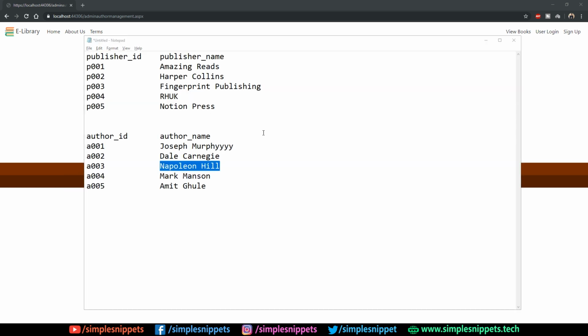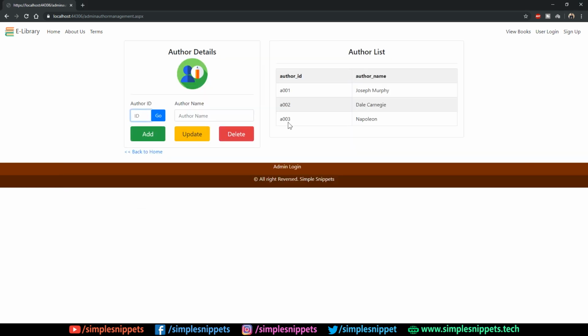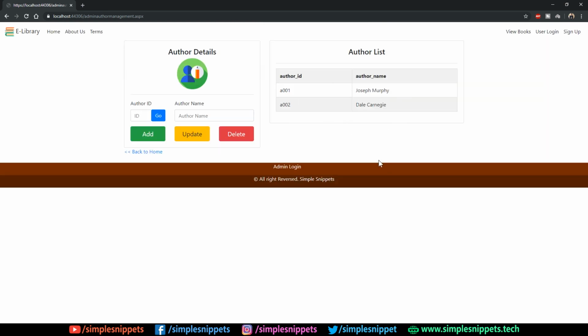Similarly, let's actually delete this. If I click on delete, author deleted, and yeah, he's gone. Okay, so pretty much most of the part is done, but one very crucial part or very important aspect of